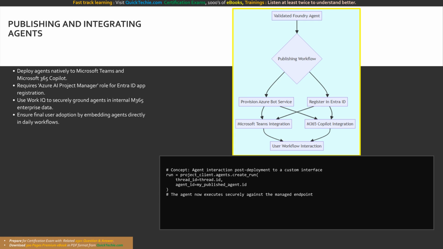To execute this publishing workflow from the Foundry portal, you must ensure you have the strict, correct Azure role assignments. Specifically, you must possess the Azure AI Project Manager role on your Foundry project to authorize the publication, and you must have the necessary permissions to register applications within Microsoft Entra ID, as this process automatically provisions an Azure bot